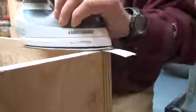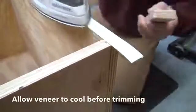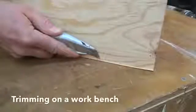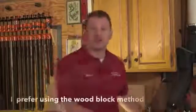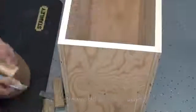I suggest laying the piece down on a wood workbench and using a utility knife and trimming from the back side. And it seems to work better by having the veneer backed up by something. If you can't do that, if it's a big bookcase and you have to lay it down, maybe you can lay it down on a piece of plywood on the floor and cut it, or use a block of wood and basically use it as a backer for your knife as you score and work down your project. So that's how